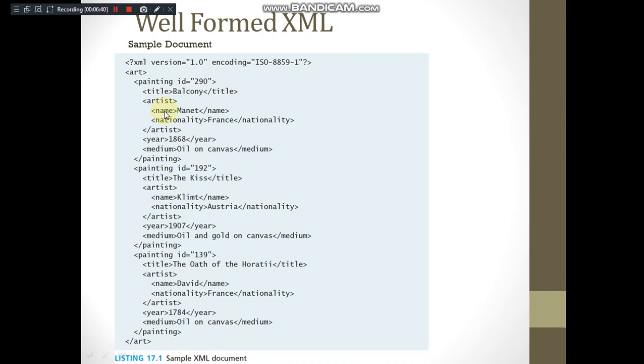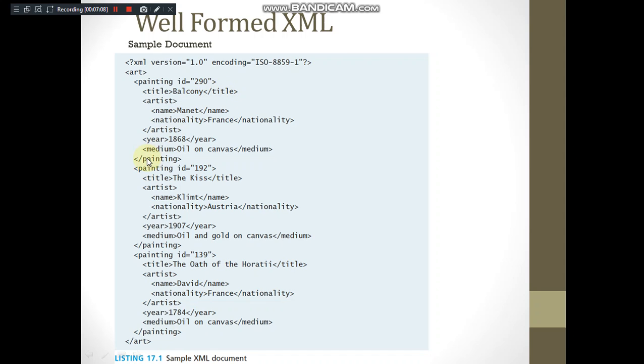You can see you are writing name as a tag, then nationality, another tag embedded inside artist, and then artist is closed. Okay, that's what we mean by properly nested, right? Once artist data are over, the artist tag is closed here. And observe that every tag opened is closed, right? You cannot leave tags unclosed the way we used to do in HTML.